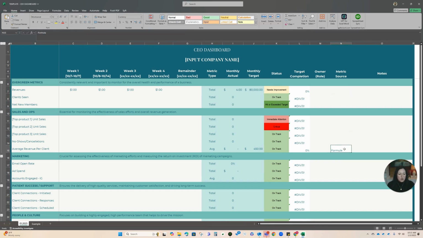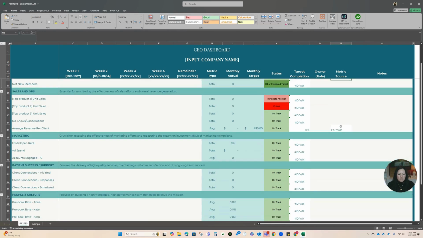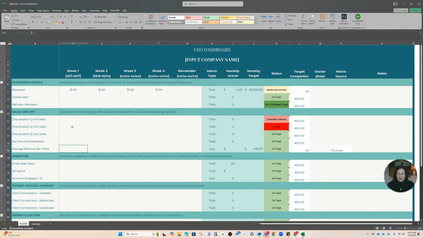And one of the things I want to go back to on the metric source is that some of these are going to be a formula. For instance, if we're measuring average revenue per client, and maybe you can change this terminology if you see patients or customers, however you want that to look. You can update that terminology there. But if we're looking at revenues over a week-long period and we brought in $15,000 in revenues for that week and we saw 50 clients, we want to know what our average revenue per client is,